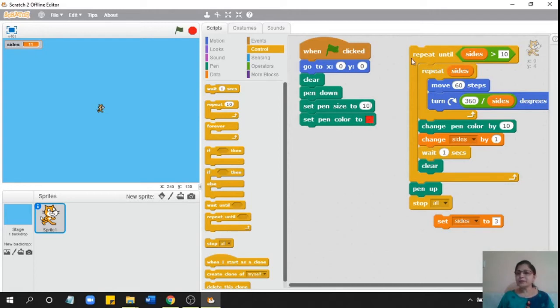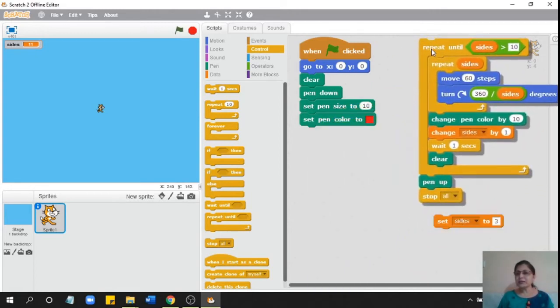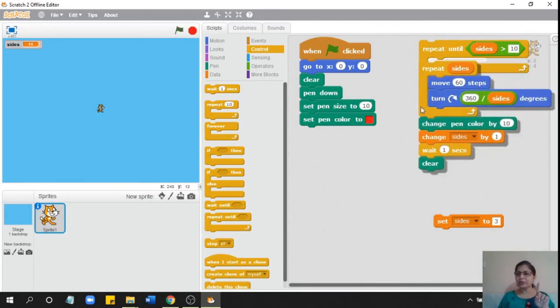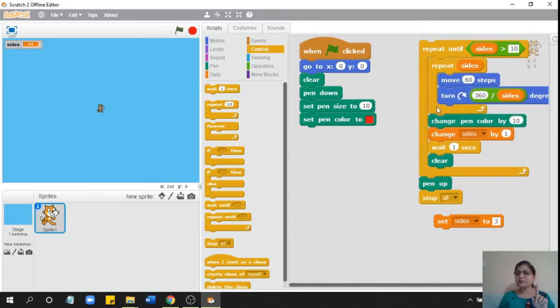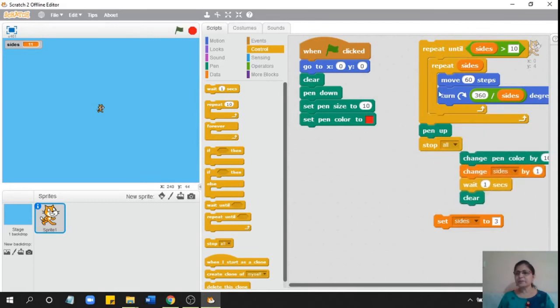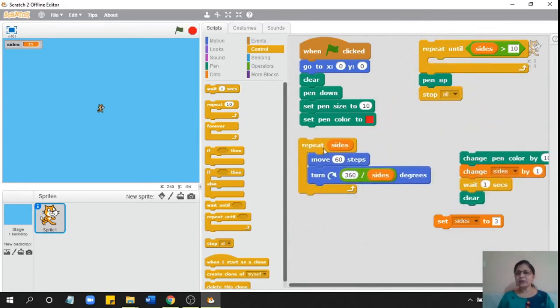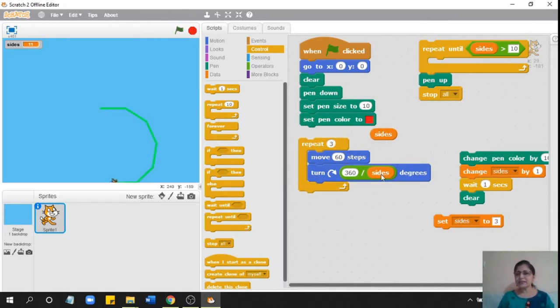Okay. Now after this, what I'm doing is, earlier when I wanted to just draw one polygon, I had to only give this much command. Repeat the number of sides. So I'll just take it out and I'll explain it to you. Yeah, here. I have to only give this set of commands. Here instead of sides, we had first written 3 sides, and whatever is the number of sides, I must say over here 360 divided by that many sides. This is how I should do.